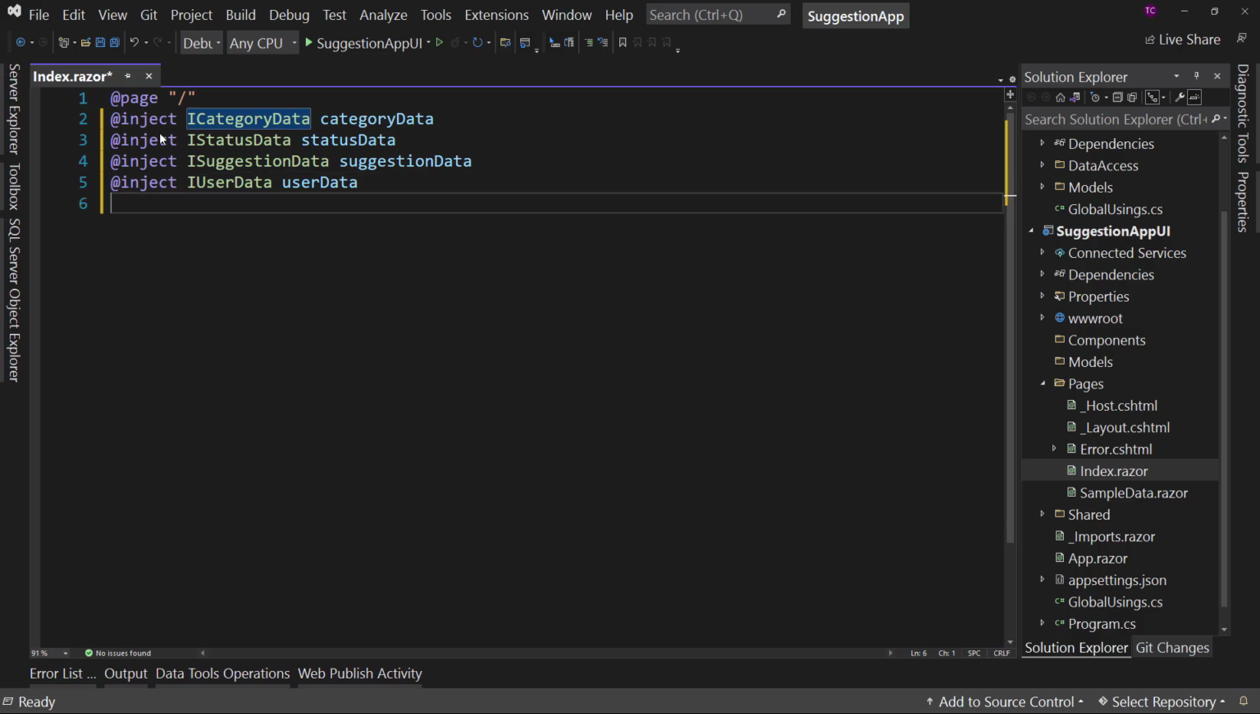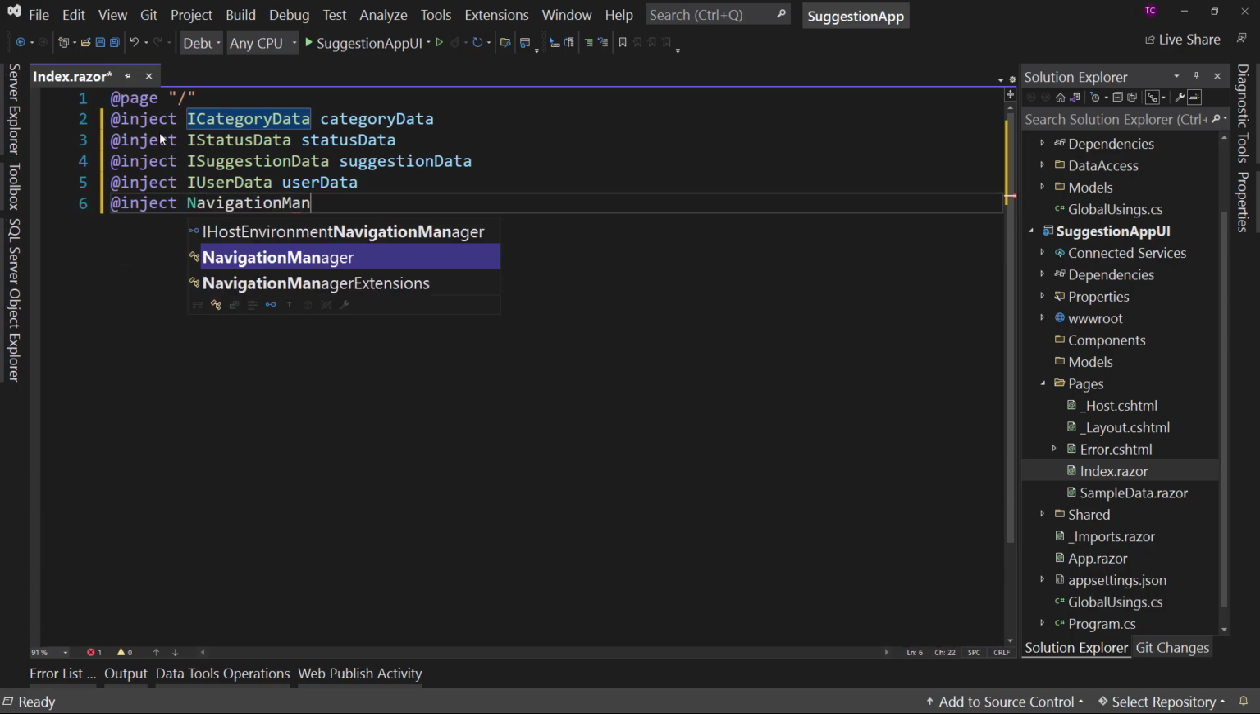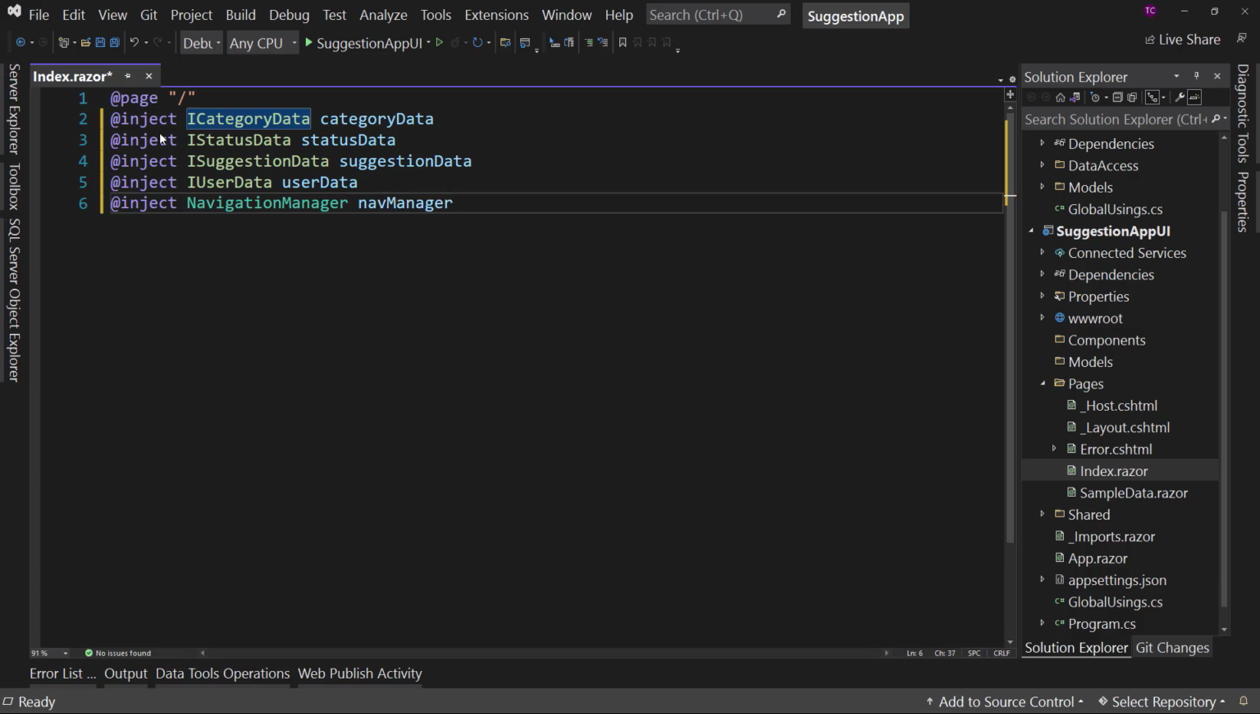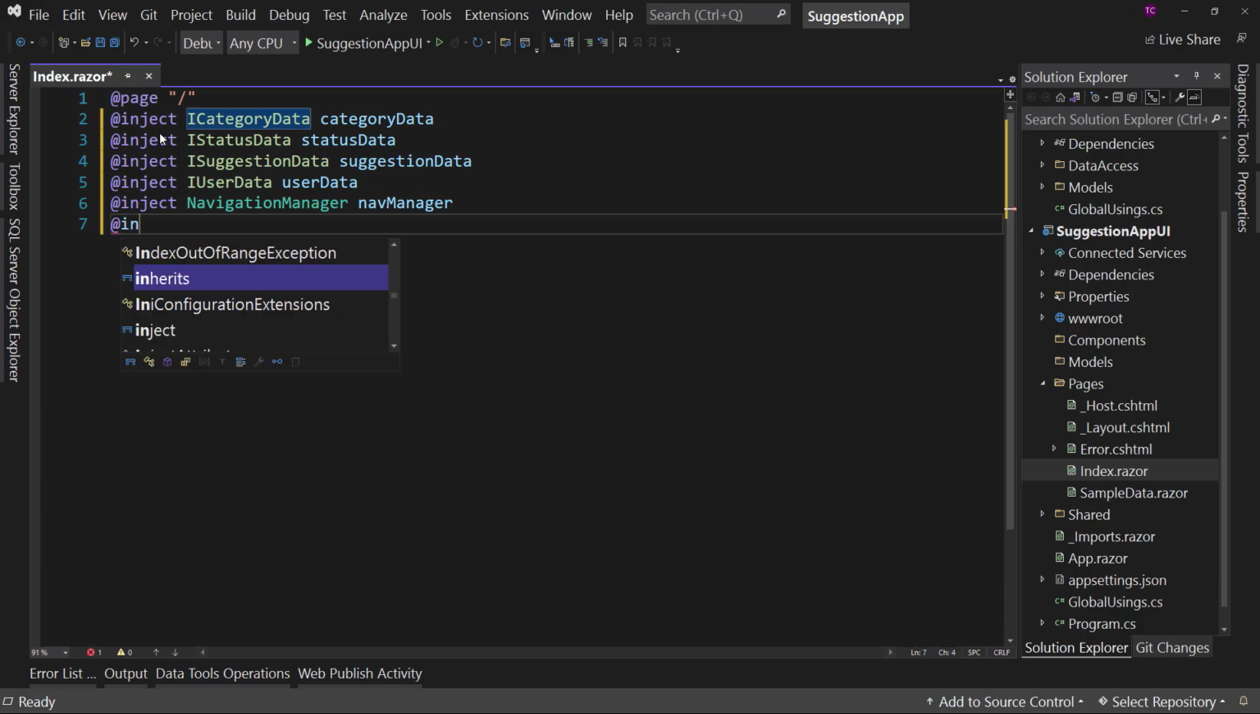Now we have 2 more injections we want to talk about. The first one is Navigation Manager. We'll call this Nav Manager. This will allow us to go between pages. So when we say, hey, I want the details for the suggestion, when they click on that, we can navigate to the details page. That's what the navigation is for. And then the last one,